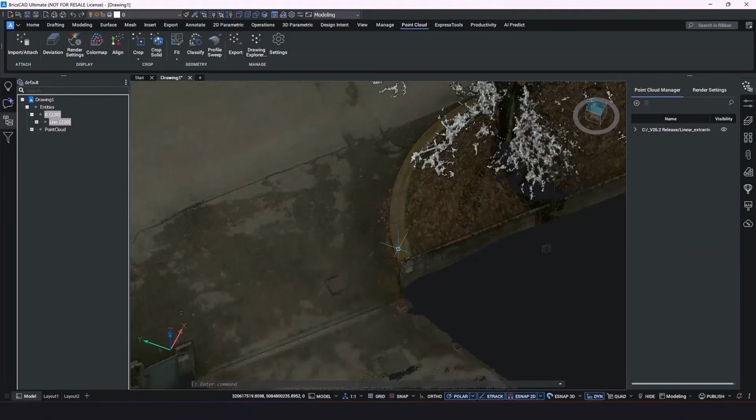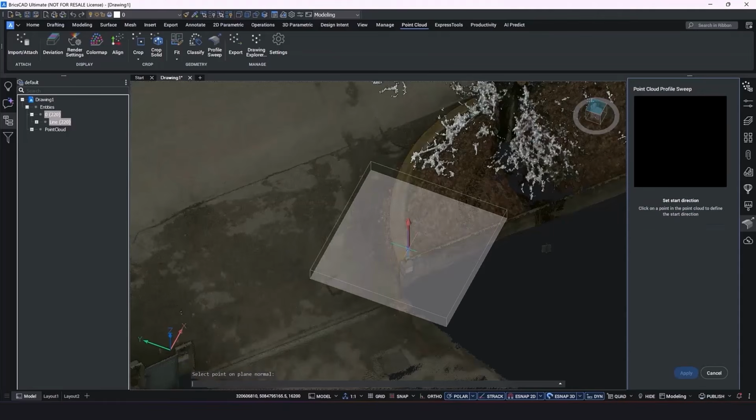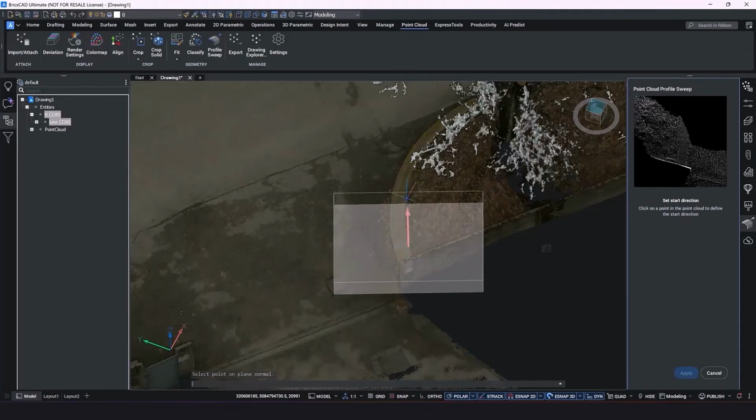However, we're going to use a couple of different options, and we're going to see how we can adjust things mid-sweep, if you will, so in the middle of the command. Now again, you want to grab a start point. There we go. And tell it which way you want to go.